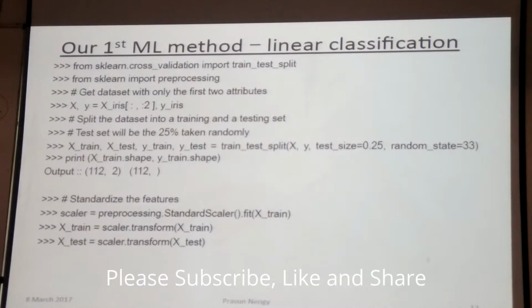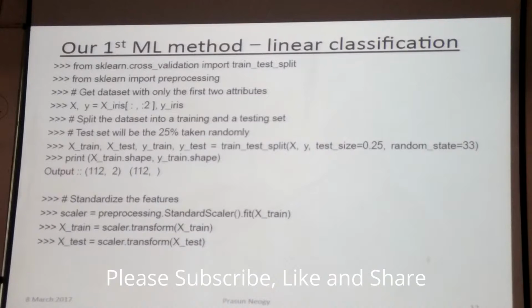সবকিছু এই লাইব্রেরিতে দেওয়া আছে। From scikit-learn there is something called cross validation, import train_test_split. Now there is a function to split the data. So input preprocessing: get the data set with only first two variables, X or Y, iris[:, :2]. মানে আমি ফার্স্ট দুটো লিখছি, আর y irisটা পুরোটা, x টা থেকে আমি শুধু দুটো নিলাম। এইটা আমার x, এইটা আমার y, y টা পুরো লিখছি কিন্তু x এর শুধু প্রথম দুটো লিখছি।